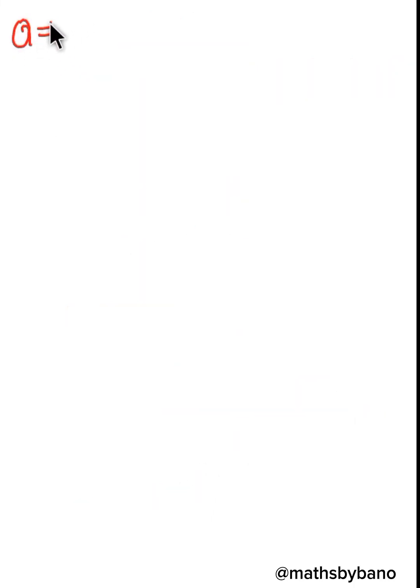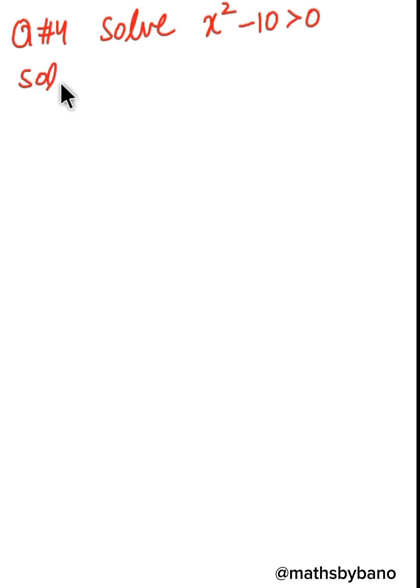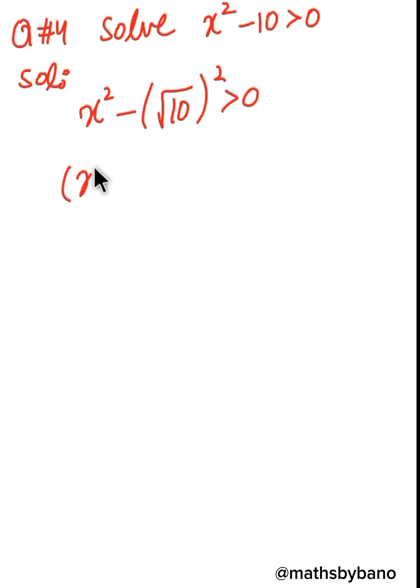Next question is solve x square minus 10 greater than 0. So now x square minus 10. Now 10 is not a perfect square number, so we will forcefully make it a squared number, square root of 10 and then whole square, so that we can apply the identity. Now we can write it as x plus square root of 10 and x minus square root of 10 greater